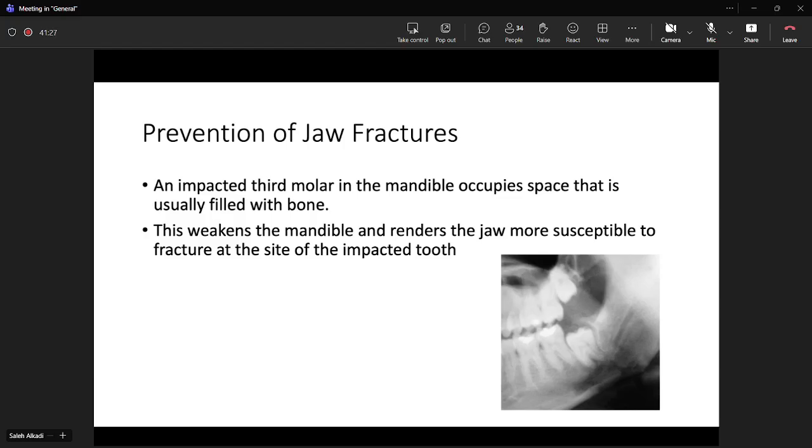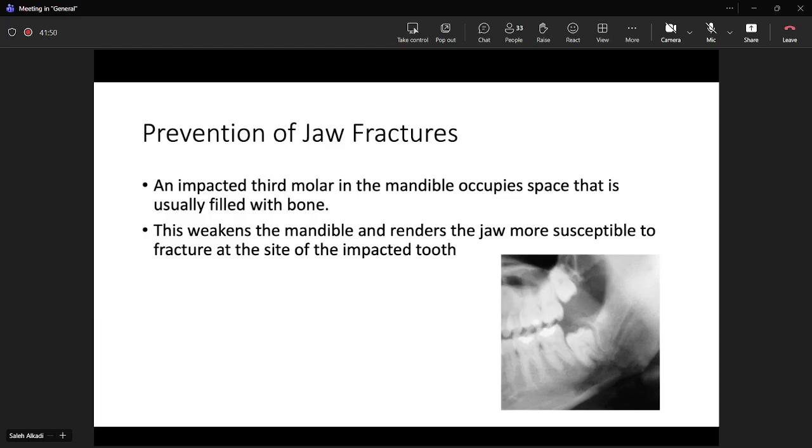The presence of a wisdom tooth there weakens the bone and makes it an area of weakness. So if the patient gets any trauma to that area, it's very easy to get a fracture that passes through the area or the region of the lower third molar. I think this is done with certain types of sport where people are at high risk of getting mandibular fracture